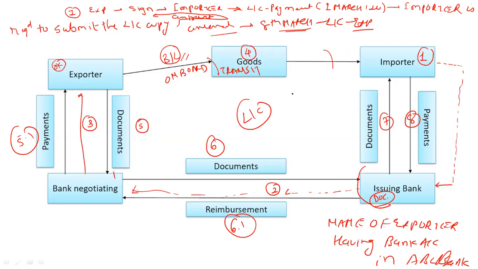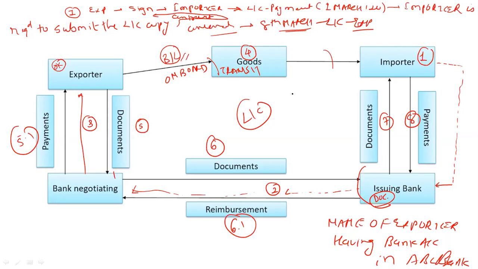So what we did is very simple. The first step is that the importer requests the importer's bank for an LC. The importer's bank checks the creditworthiness and financial stability, and then issues the letter of credit. That letter of credit is transferred to another bank. Obviously, this is why it is considered one of the secure methods, because banks are involved. So now the negotiating bank receives the LC copies and informs the exporter. The exporter will confirm that everything is okay as far as the LC's conditions are concerned.